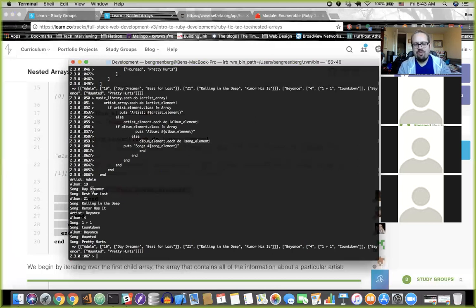And obviously we have so many fun end statements here to look at. A whole tree of ends. It's a beautiful line of ends, because we have to always make sure we close everything out, right? Every if needs an end. Every opening of a block needs an end. And so we get this beautiful looking code from line 50 to line 66. Any last questions on our nested arrays? Because you guys are now nested array